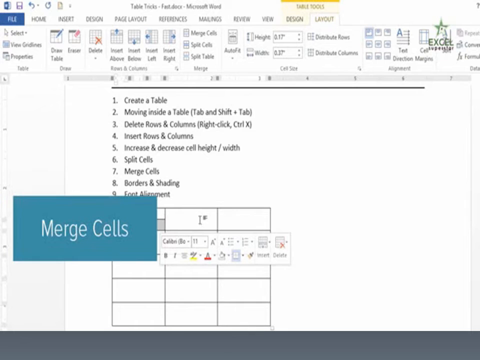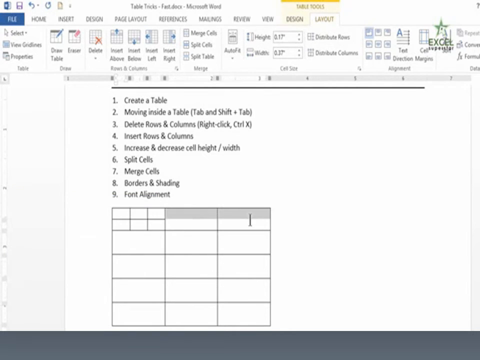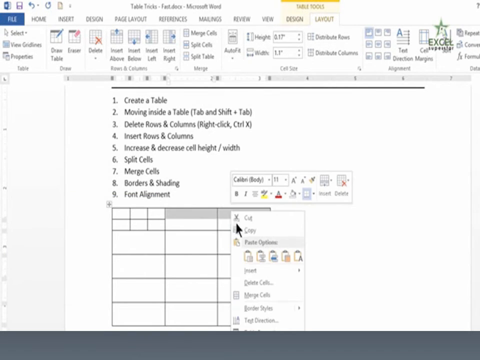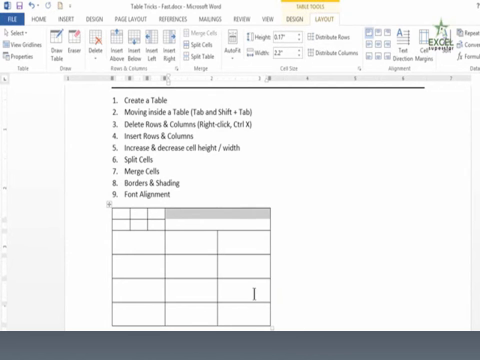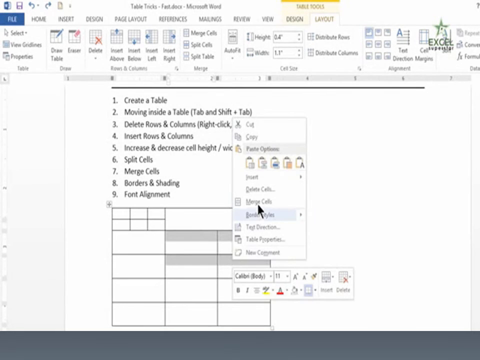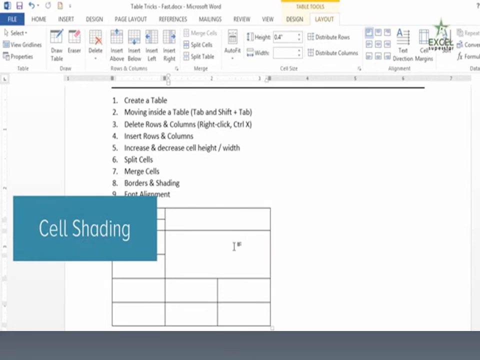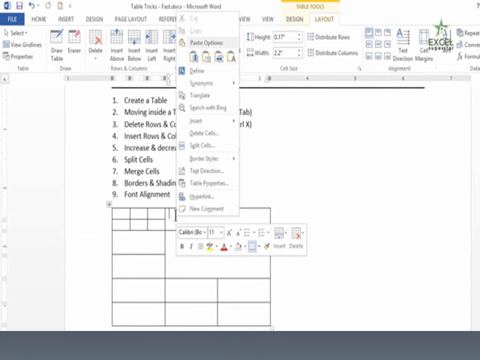Similarly, you can merge 2 cells by choosing the 2 cells, right clicking on the selection and saying Merge Cells. Let me try with a group of 4 cells. I choose the 4 cells. Now as my cursor hovers upon the selection, the arrow-like icon comes up, at which point I right click and say Merge Cells.